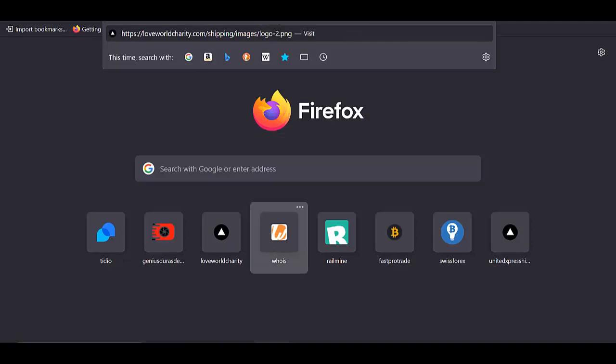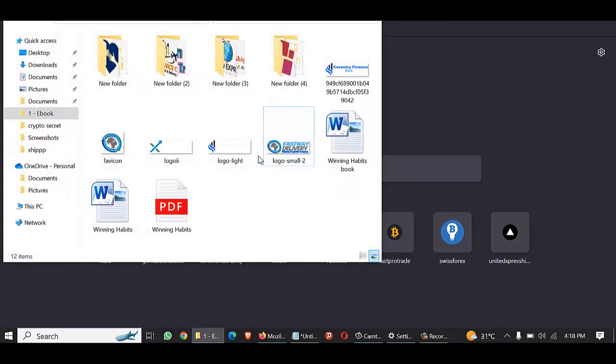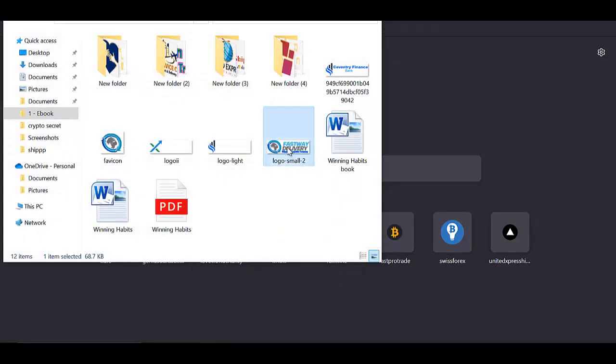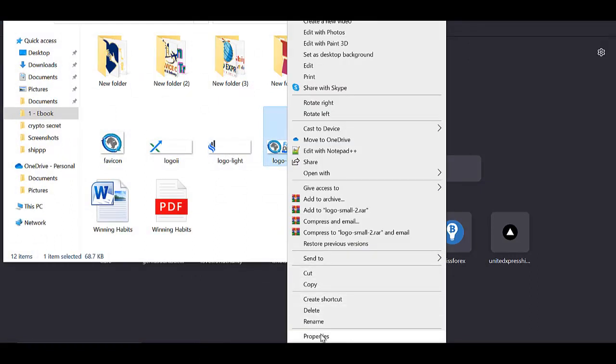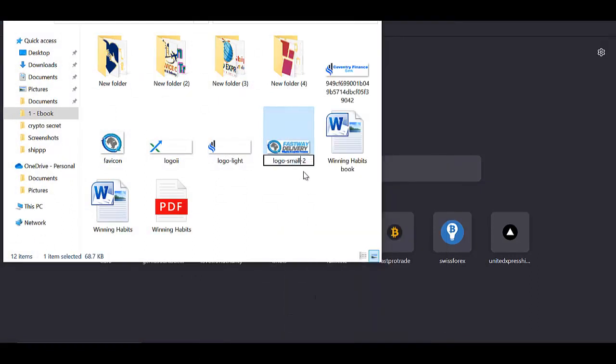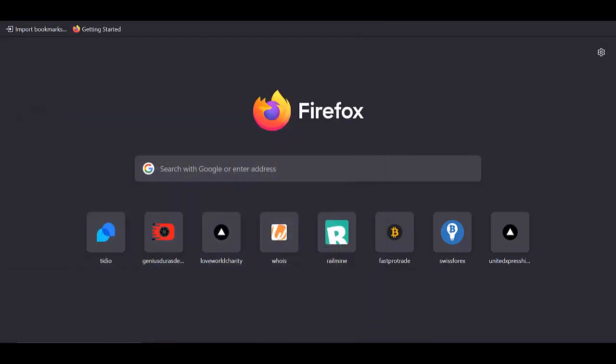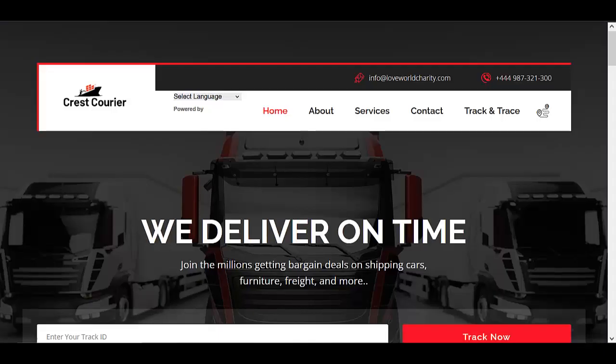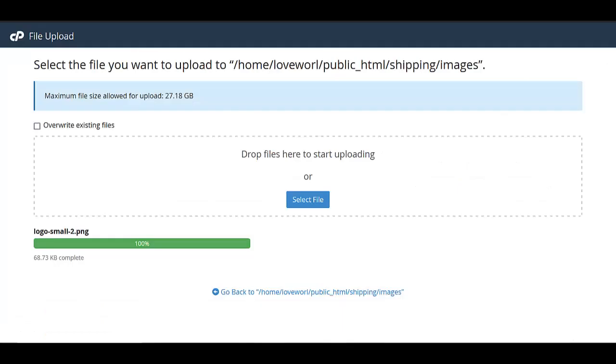logo dash 2. So I'll come back here. If I want to still use the same logo, I'll just come here. I'll click on rename. Right, it's very easy. So you don't need to stress yourself creating a new logo. You can just rename it to the name you have there and click on save. So I'll still go back there and upload the same way I did for the other one. Come here. So I'll click on